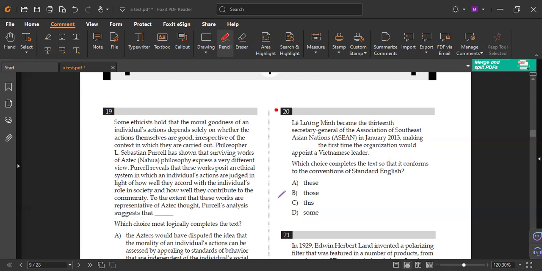Yeah, all right. So you guessed it because it refers to the previous situation. He said making this the first time organization would. So you're talking about the previous entire situation. So this is singular. Also, the word time is the only one that fits this, because these require time to be times, and the same with those and some. But don't guess that it's because time is singular.